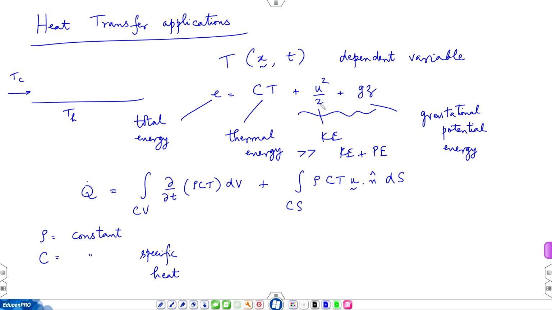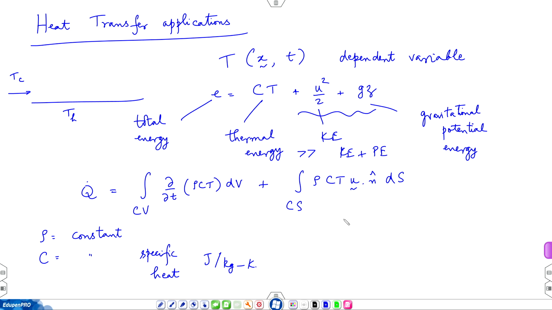It would be meter per second whole square, which is the same as joule per kg. Okay. So, specific heat would be joule per kg K. Those are the units of specific heat. Okay. So, if these are constant,